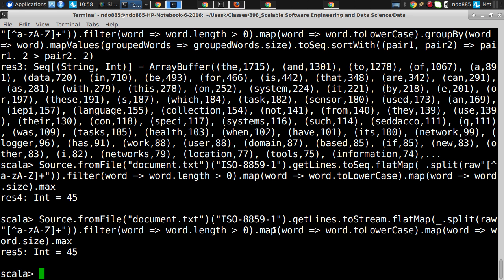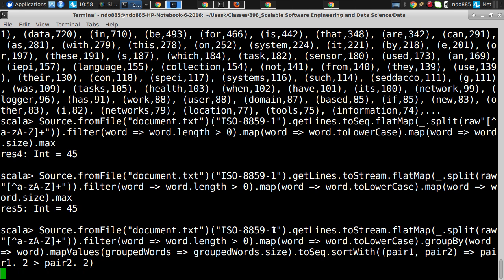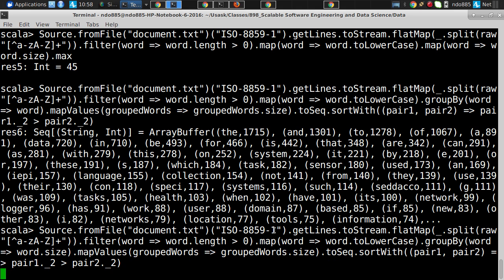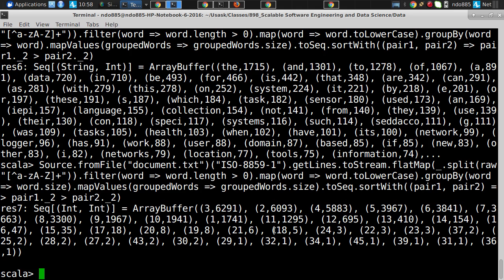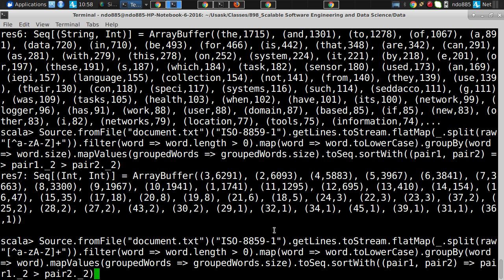We can, on the one hand, extract the length of the word of largest size. We can get the count of words that occur in the document. We could get the count of words of a given size. We saw that. All I have to do is change this and now I'm off to the races. We could alternatively count the number of occurrences of a word when we do consider